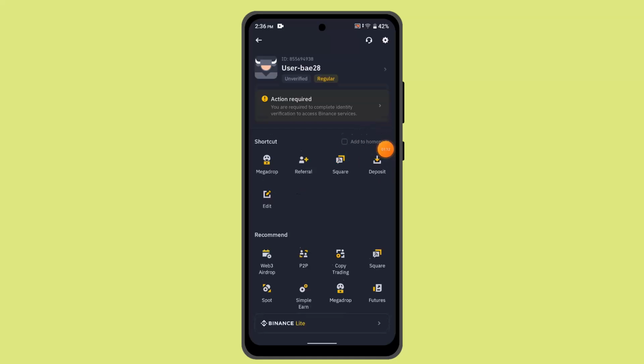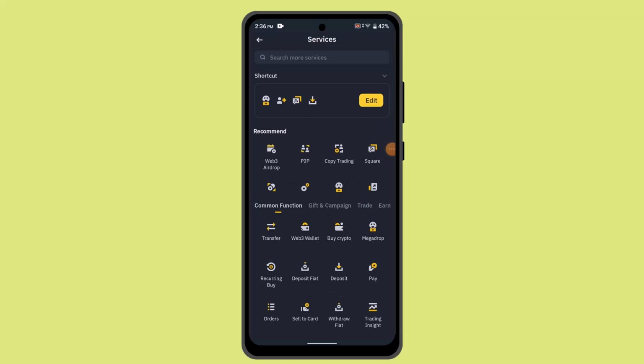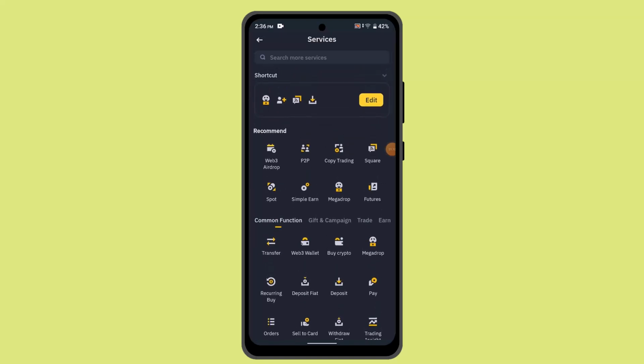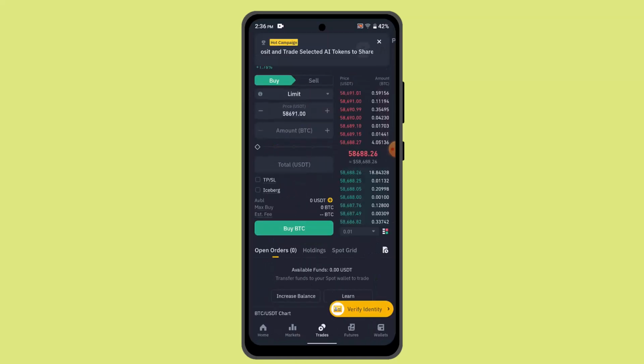Here what you have to do is you need to go to more services, and then you need to go to stop, or you could go to margin trading depending on your preferences. Next, what you have to do is choose the trading pair you wish to trade. Click on sell tab if you're looking to secure profit on a long position, or buy tab if you're covering